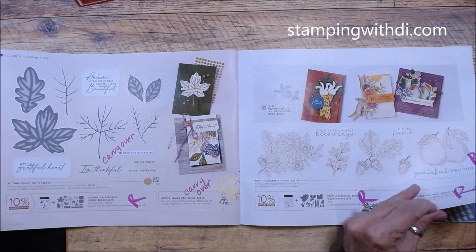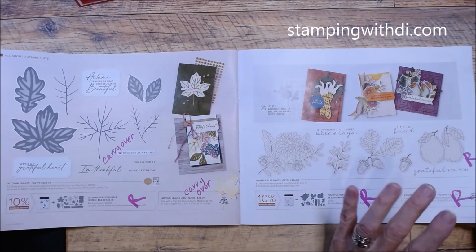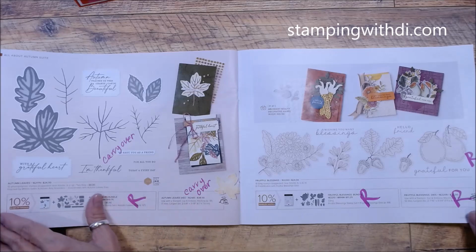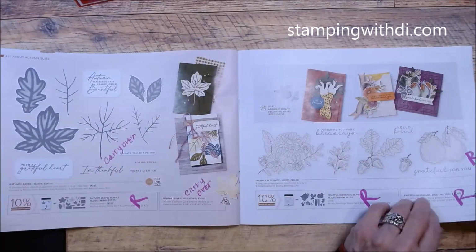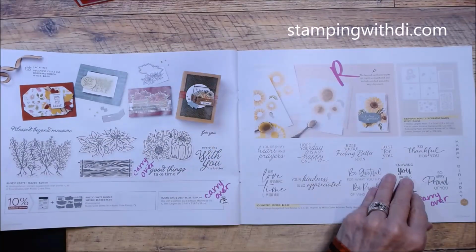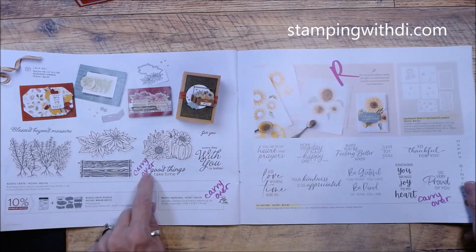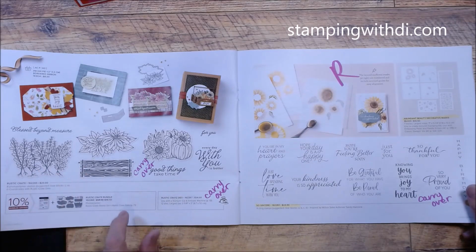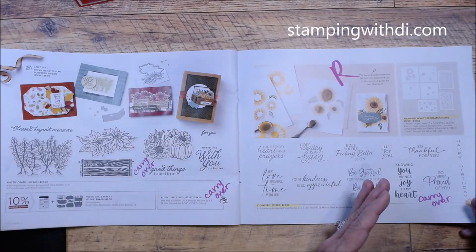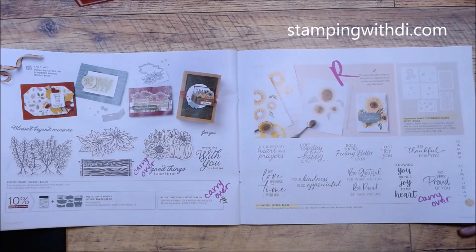This whole page here, the Fruitful Blessings, is retiring. And sometimes you can see, right, I don't have a yellow. Where you see a yellow, it means I have it. If there's no yellow, I never ordered it. I'm trying to be smarter about the way I order. So sometimes I see, oh yeah, it's carrying over. So I see here that this is carrying over, and I hadn't got it yet. So now I'll be like, you know what, maybe I will get this now, because I'll have more time to play with it. I don't know if it'll be a full year, but more time. All right, so